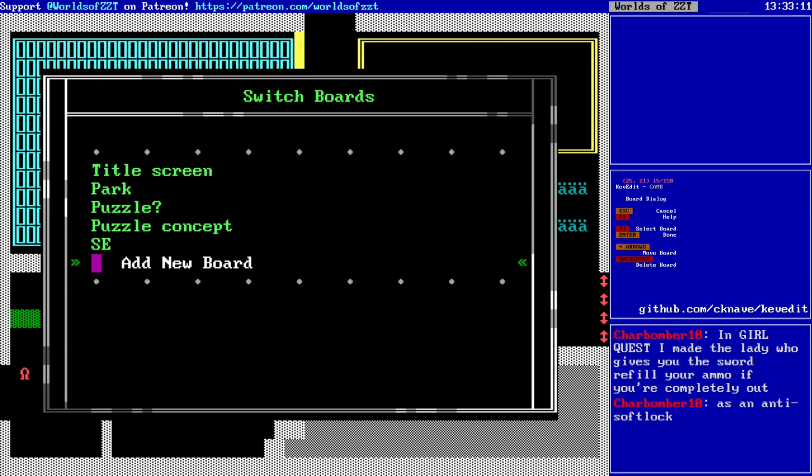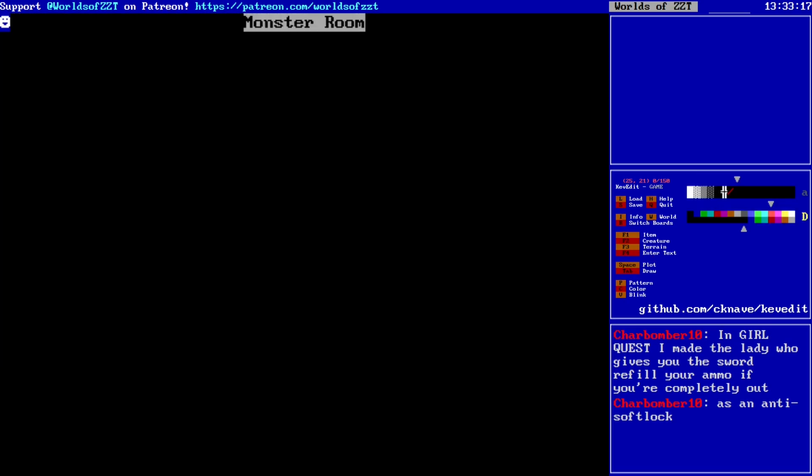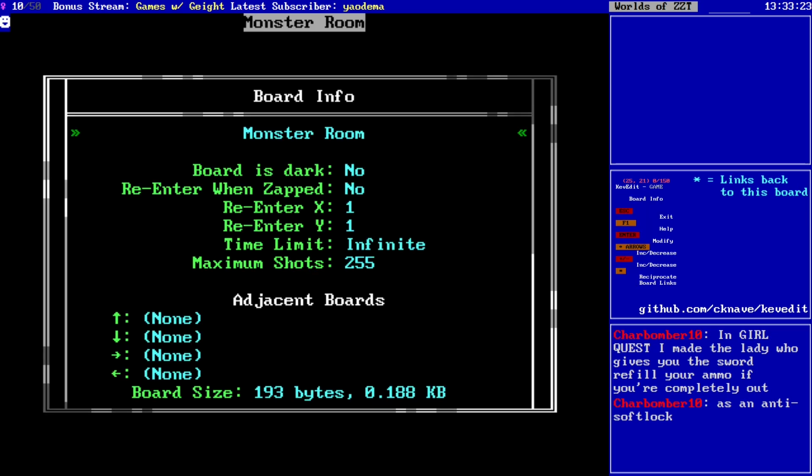Open the board menu with B. Add a new board. Cool. Monster room. The room with the monsters. We need to actually connect these boards to each other. I'm going to do that with I to open the board information here. It has a couple of properties. Re-enter when zapped will make it so that when the player takes damage, they jump back to wherever they